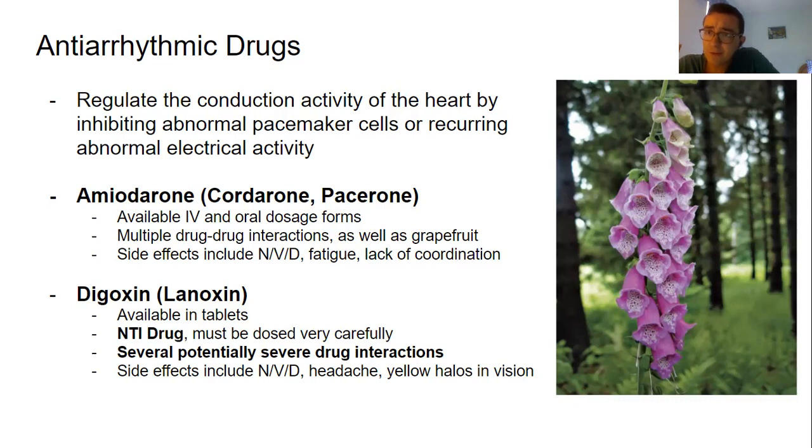headache. The one interesting one is yellow halos in vision. So if someone is experiencing digoxin toxicity, then they're going to have what looks like yellow halos around objects in their vision. Now, this doesn't change the color of anything on their skin. It's not like they're jaundiced or that their eyes turn yellow. It's literally just a visual disturbance where there's like a yellow film over everything they're seeing. So I would make sure to counsel a patient on that, just in case they start seeing yellow halos around things, because you can only tell if it's a patient reporting. And that's when you can adjust potentially the dose of digoxin.